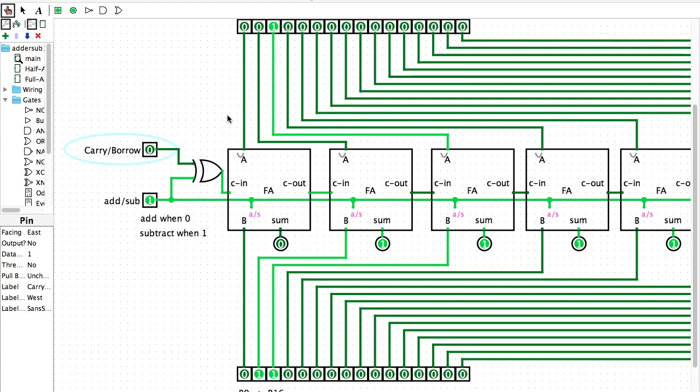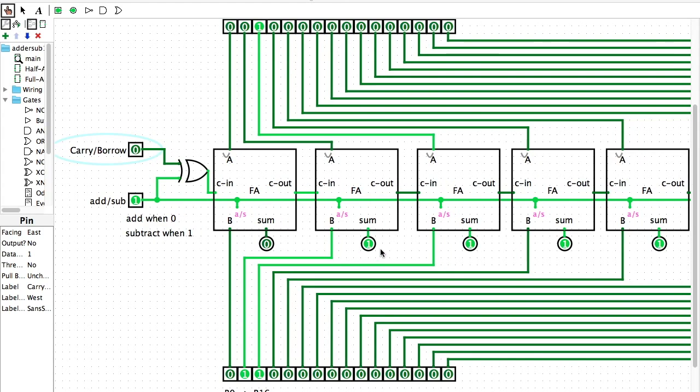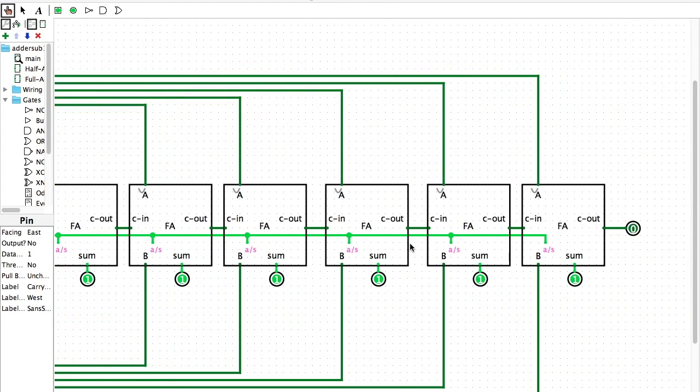Instead of doing 6 minus 4, this time I'm going to do 4 minus 6, which produces a value of negative 2. Our most significant bit is set to 1 because we're in 2's complement, and our final carry out is not set,